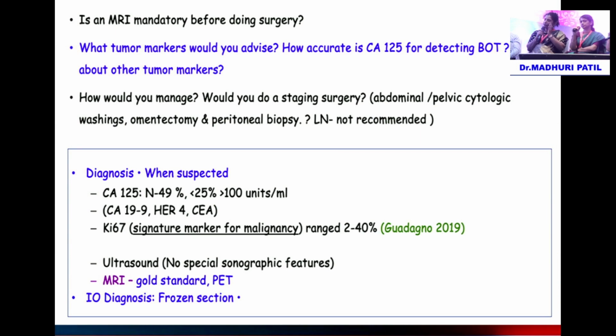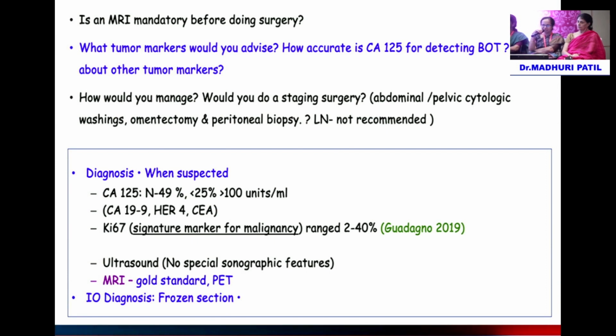So definitely we do CA125 and CEA, and if the person is less than 40 years, and it's a solid tumor, we do other tumor markers as well. What are the other tumor markers? Alpha fetoprotein, HCG. What about CA19.9 and HE4? CA19.9 is a marker for mucinous tumors and for pancreatic cancers. Practically, it's not going to help you, so we would not add to your confusion. So the maximum things to be done are CA125 and CEA.